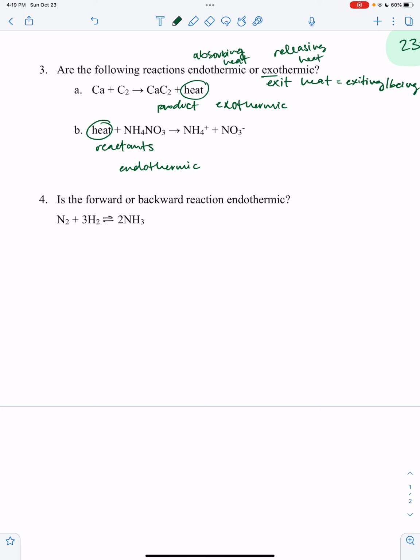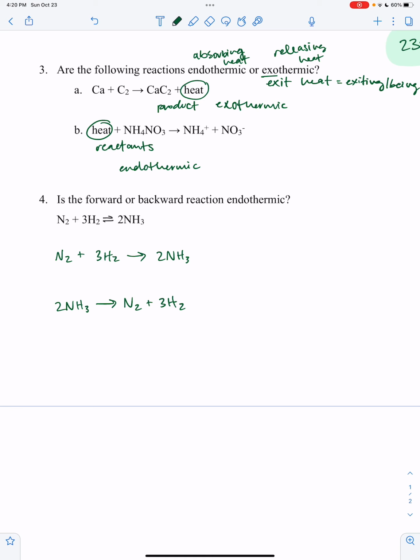Okay, and then looking at number 4, this one's another reversible one. It says, is the forward or backward reaction endothermic? So I think it will be easier if we write out both of them. So the forward reaction looks like this. Backwards reaction looks like this. Okay, so this one,